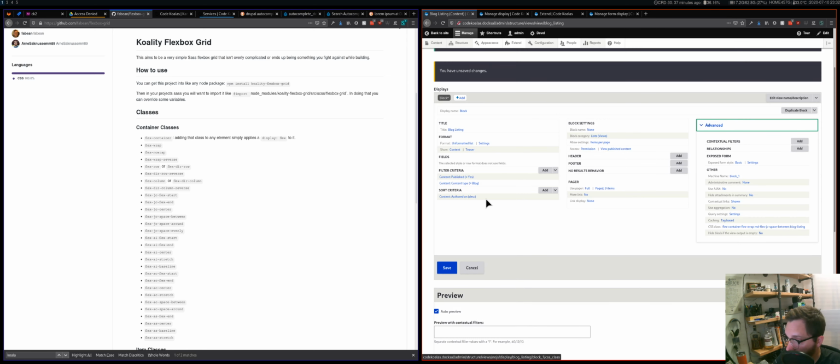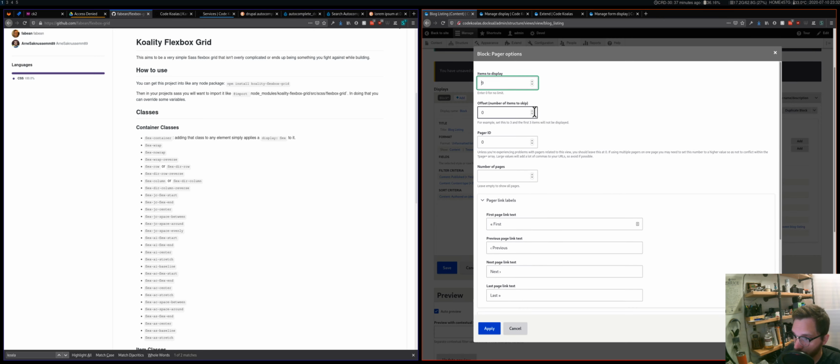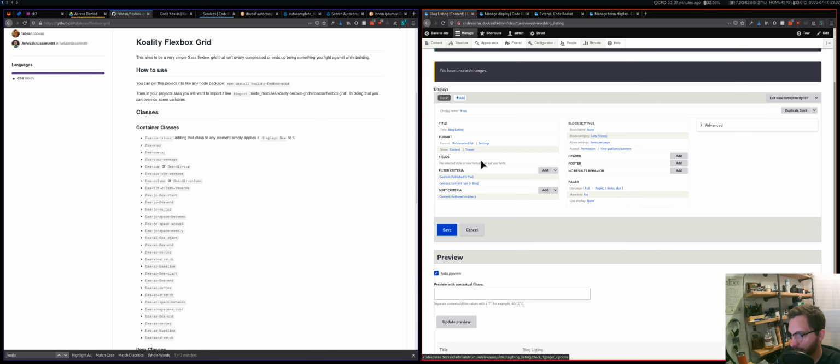Okay. Full page 9. And what we're going to do, because of what we said we're going to do, is we're going to offset that by 1. We're going to skip the newest blog post because we're saying that is a different display than this. Because we're saying that this is the standard teaser. And what we're also going to do is do sort